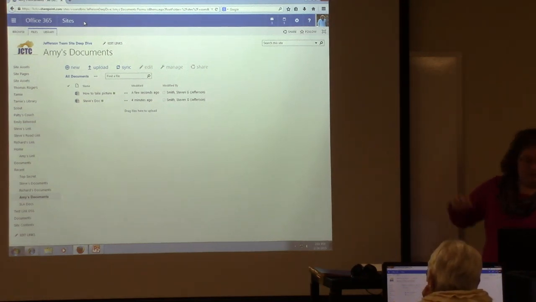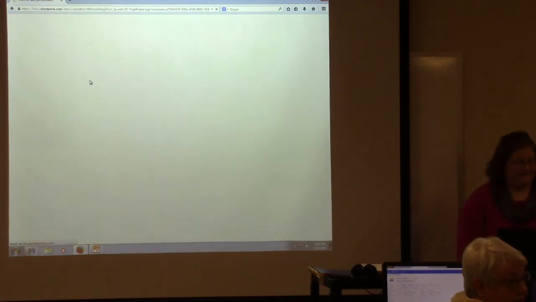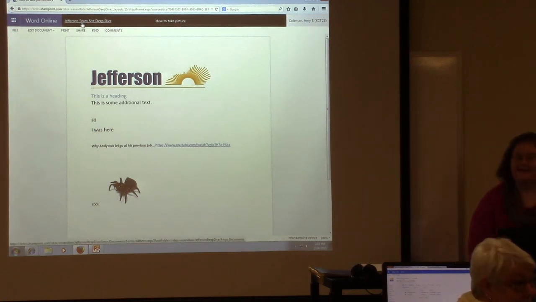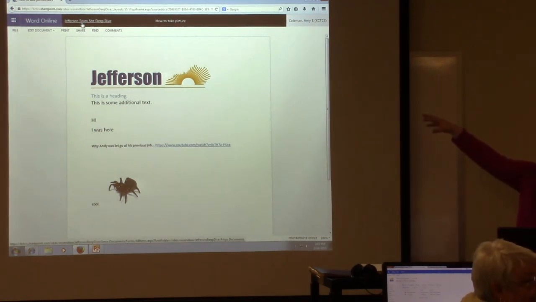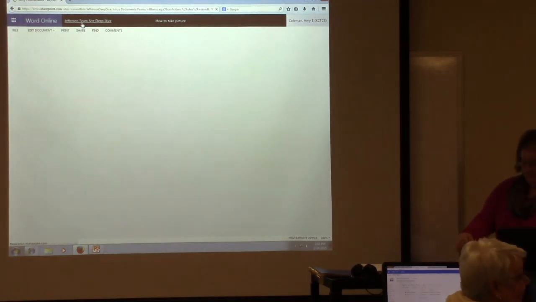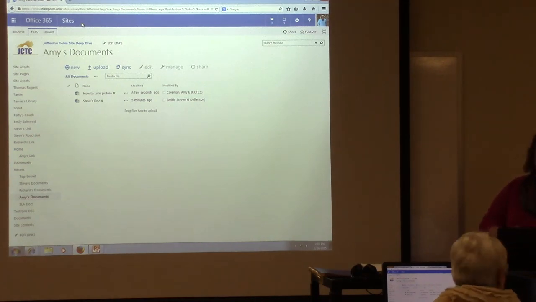If you select the link that's to the left of your title, that'll take you back into the document library. Now, the first time you went into that document, you created